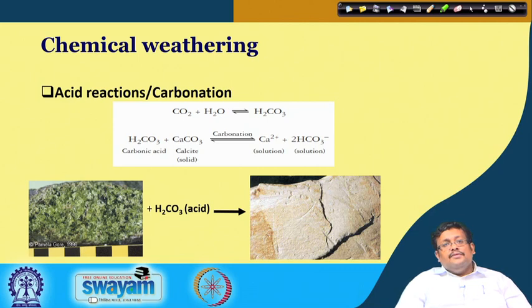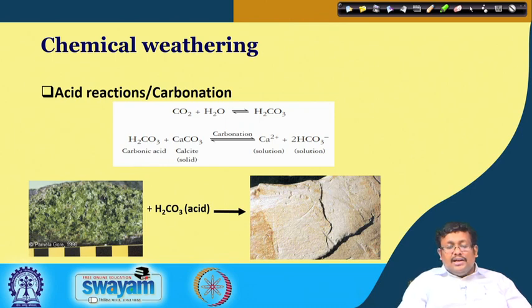Another important process of chemical weathering is acid reaction or carbonation. Now, as I have already told you, in the soil air, the partial pressure of carbon dioxide, or the concentration of carbon dioxide, is quite high as compared to atmospheric air due to the respiratory actions of micro and macroorganisms. In the macroorganisms, obviously roots of the higher plants, and in the microorganisms, you know, bacteria, fungi, algae, protozoa and nematodes are there. So, due to the respiratory action, there is a high amount of carbon dioxide